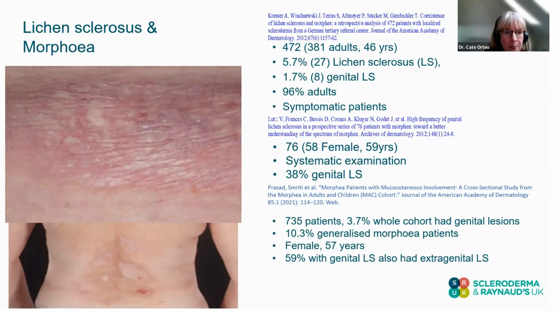Okay. So lichen sclerosis. So this is this condition I keep talking about. So this is a condition which tends to happen. So most frequently we see lichen sclerosis overlapping with Morphoea. You get this shiny white, sometimes cigarette papery sort of scale on the skin. And it can happen on top of Morphoea plaques, or it can happen separately. But in this group of patients, as I say, predominantly middle-aged ladies, it's really important to consider the possibility